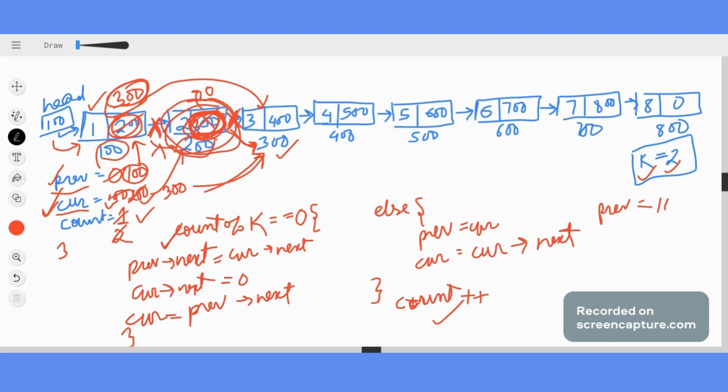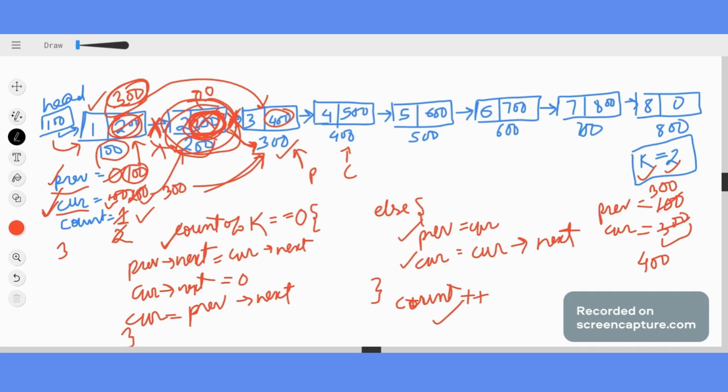Let's keep our prev here. It was earlier 100. My cur was 300. Earlier, I'm talking about previously. So now my prev will become 100. If my prev becomes cur, it will be 300, because now my cur is 300. Fine. So my prev now points to here, and now my cur becomes cur of next. What is cur of next? It is 400. So my cur will now point to here. Fine. Now my cur becomes 400.